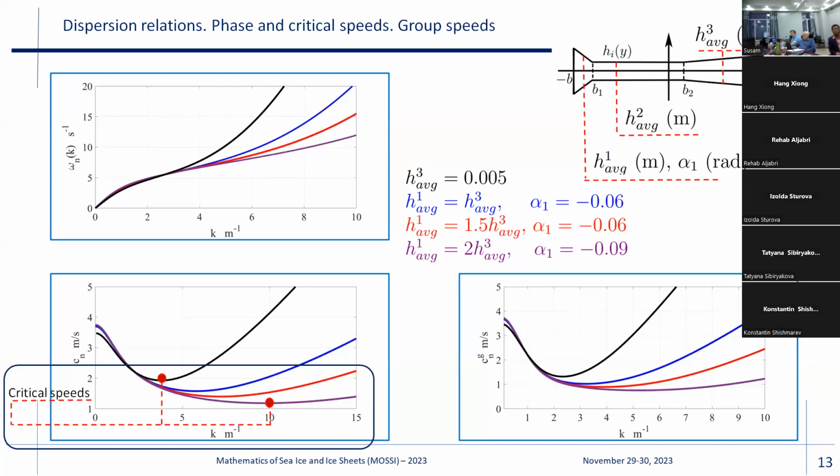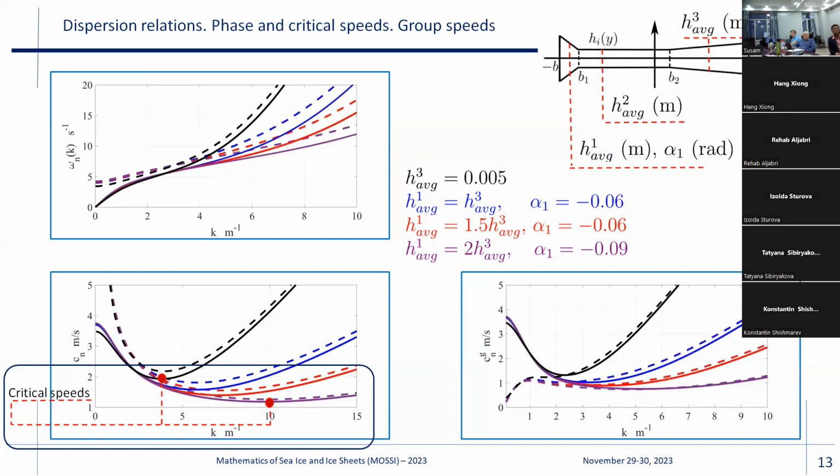The maximum difference for this case will be for the violet case, and the value of critical speed for the plate with constant thickness is about 2 times larger than the value of critical speed for the violet case. Same conclusions hold for the waveforms with larger numbers and larger frequencies. For example, here you can see results for the second waveform with the next to the lowest frequency shown by